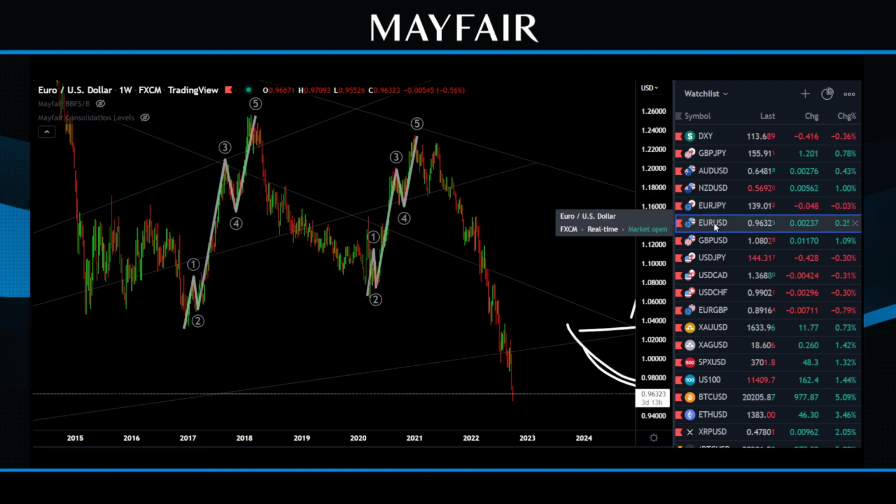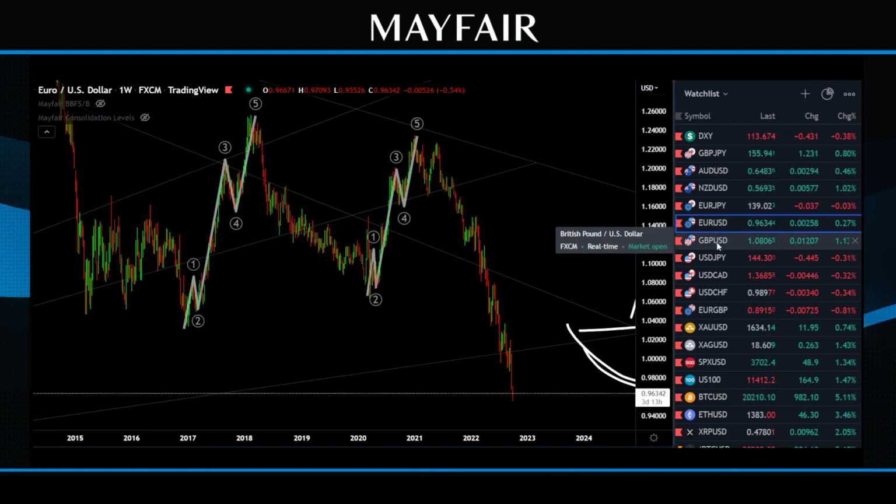Euro USD. Now, often this has the smallest spreads. This is the cheapest in terms of being able to trade it. And therefore, a lot of retail traders jump in it thinking, well, it's cheap, I'll trade it. The reality is, Composite Man knows this, right? And therefore it's very easy to get trapped into something that can change and shift and really, really motor on the smaller time frames, right?